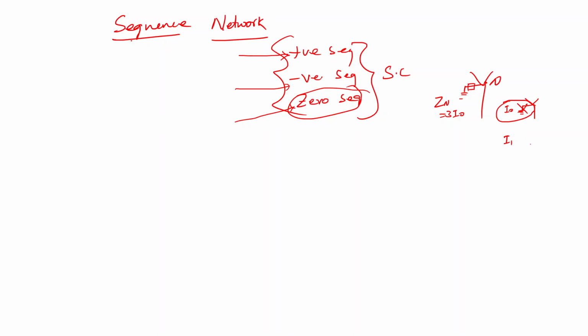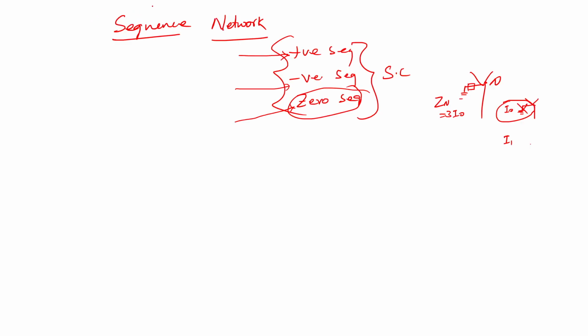So this is why we are going for the sequence network. I will get a clear idea of how the current path flows inside the actual circuit. So first we will go for the positive sequence network. One by one we will see, because we know the sequence network is going to be for all these three. So first we will see this, then one by one for this, and for this. So first one is positive sequence.